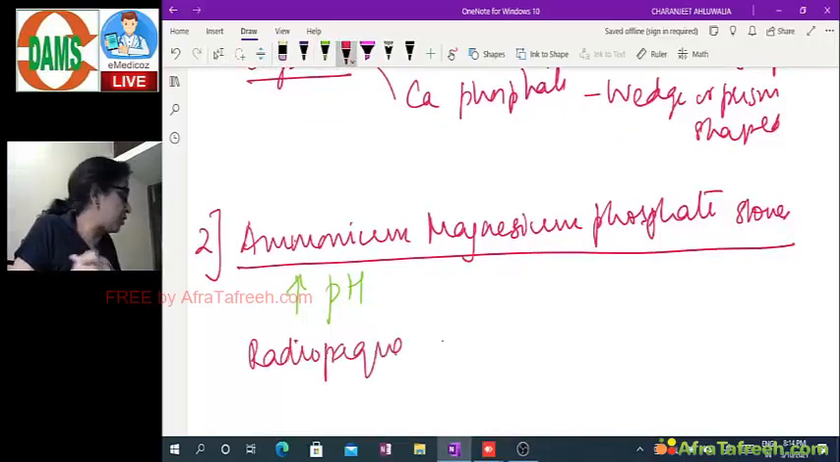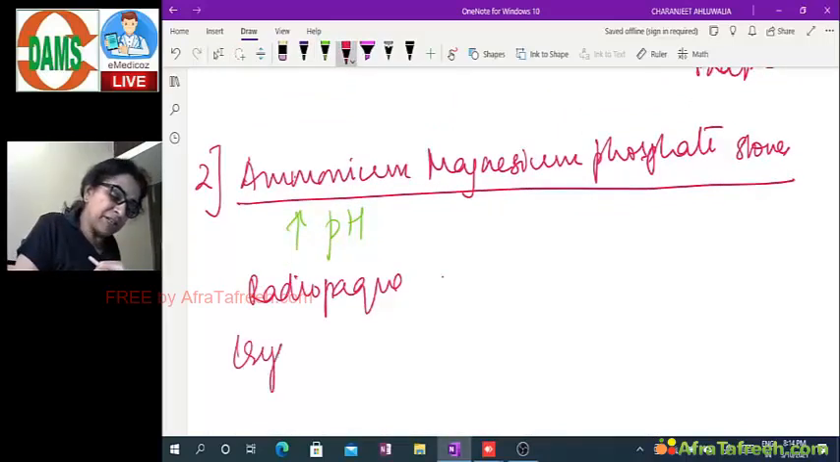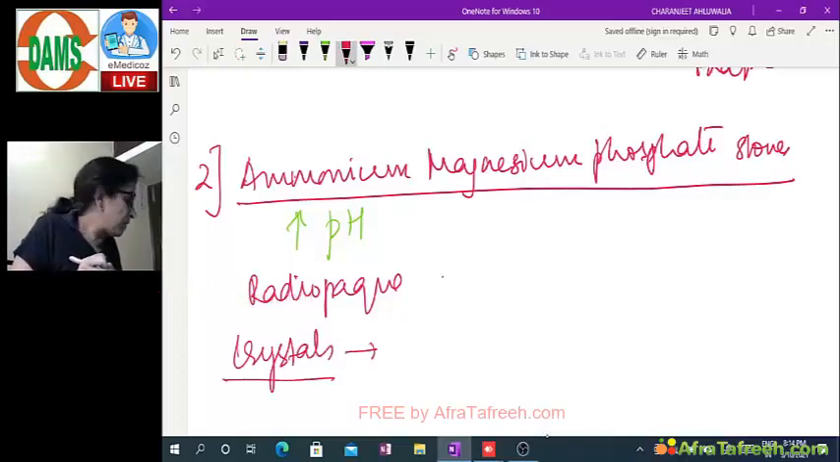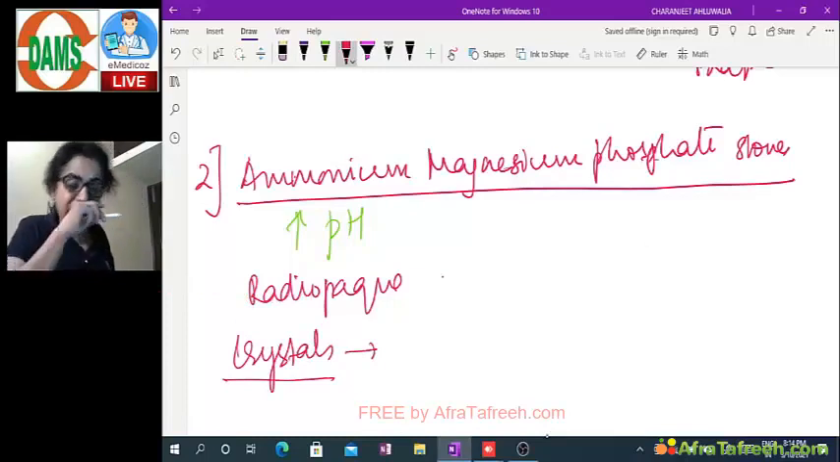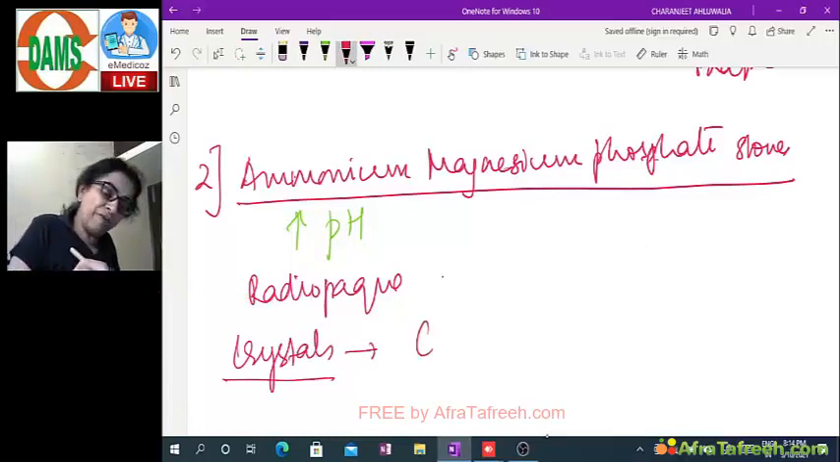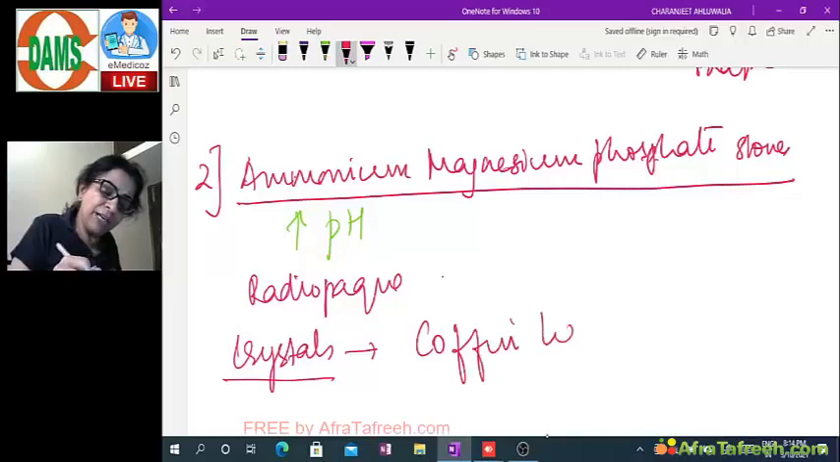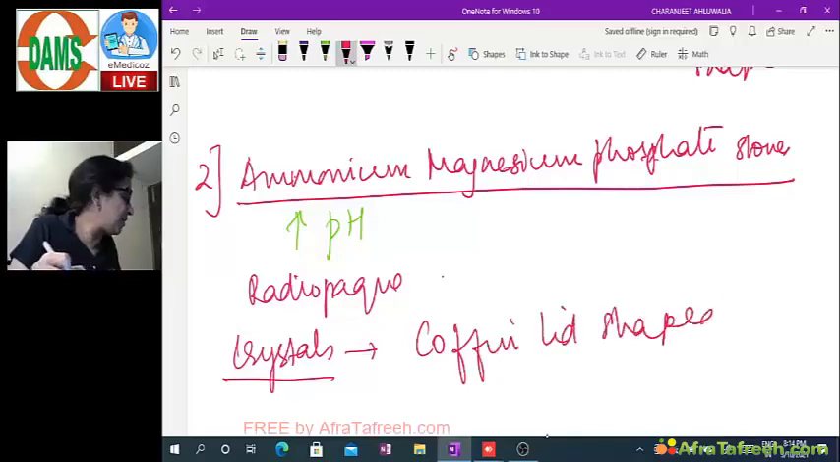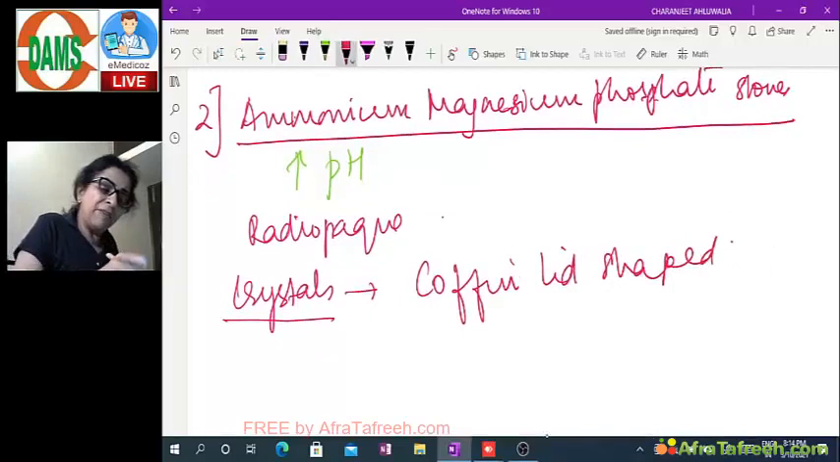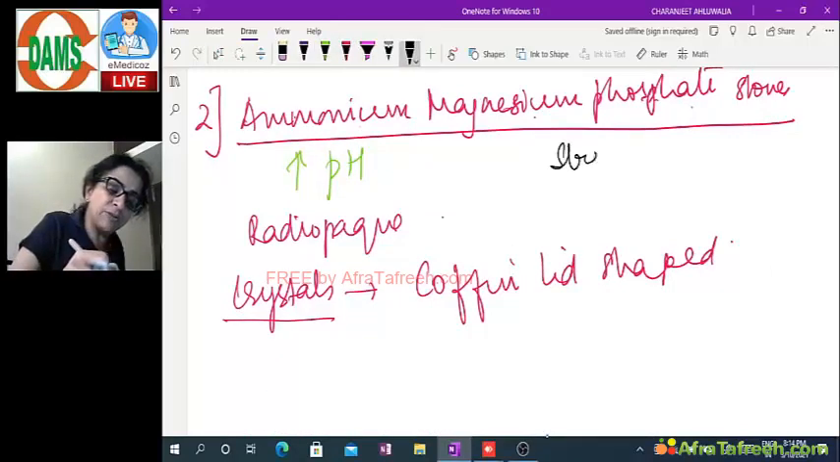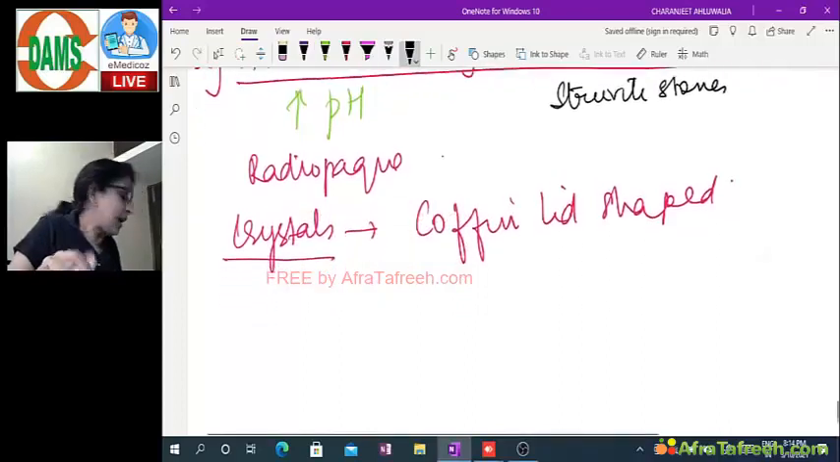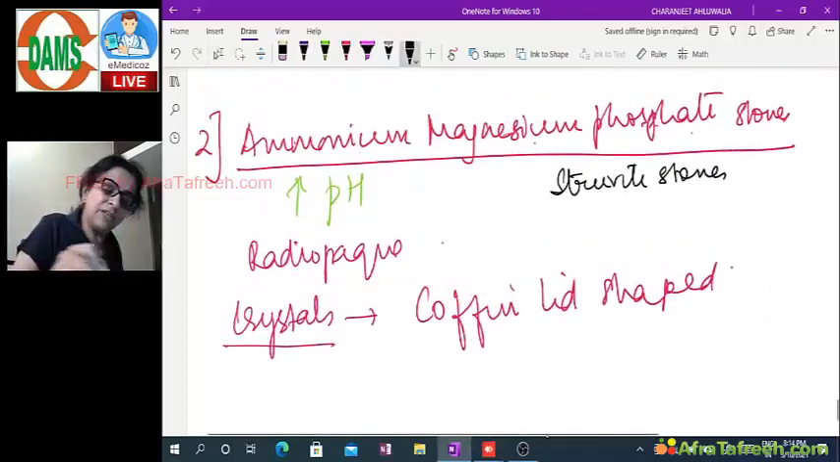These stones are also radio opaque, and the corresponding crystals, ammonium magnesium phosphate crystals that are found, they are coffin lid shaped. Okay. Another name for these ammonium magnesium phosphate stones is struvite stones, and they account for 15% of